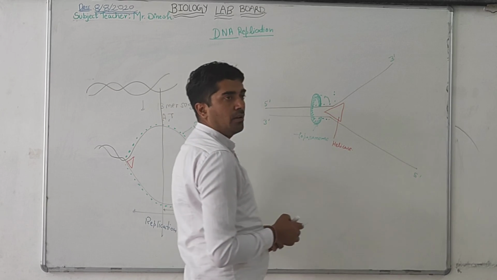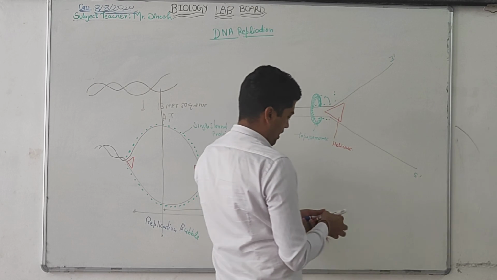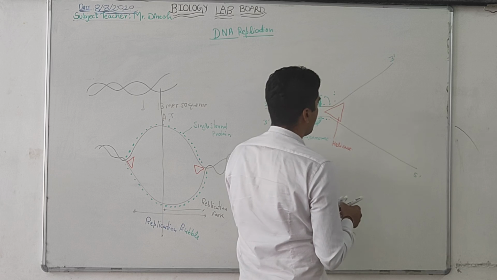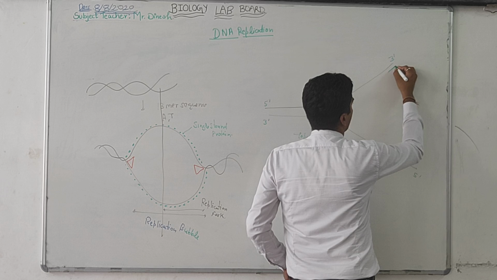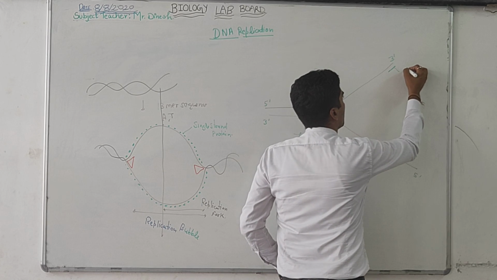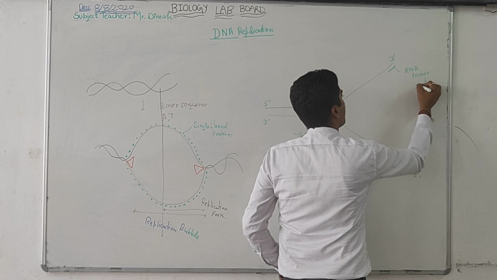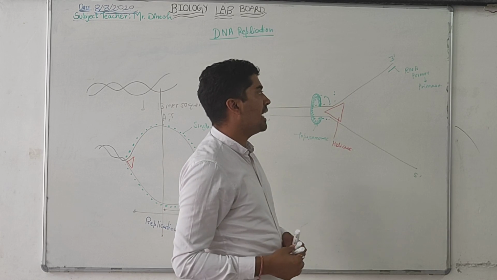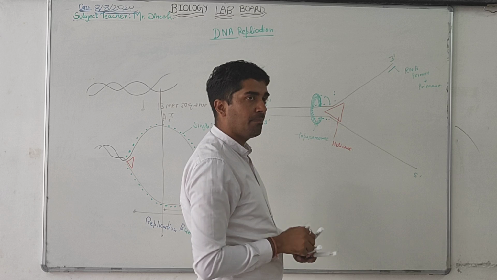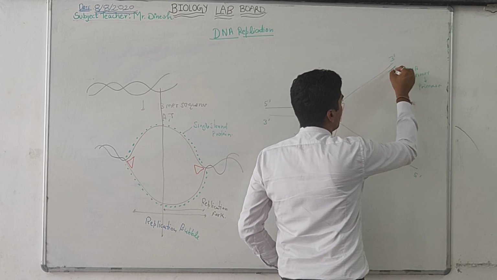Now this strand will start its formation. DNA polymerase cannot bind without a primer. So a primer will be made by the primase enzyme. So the primer is here. This primer is an RNA primer. It is made by the primase enzyme, and on this RNA primer, DNA polymerase can bind and continue the process. So if this is DNA polymerase, it can bind here.